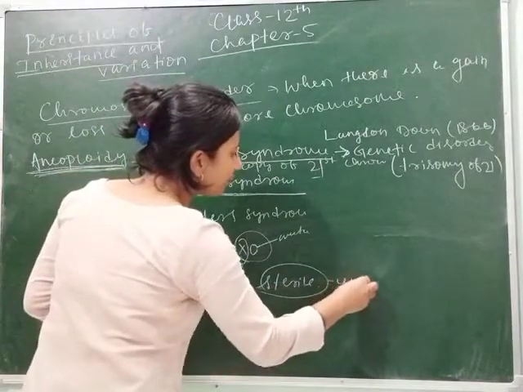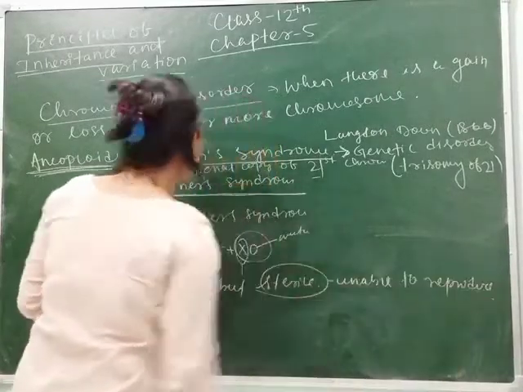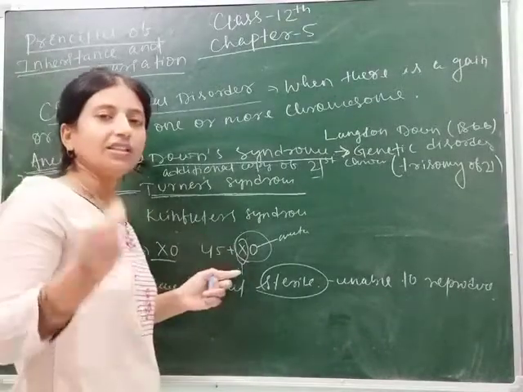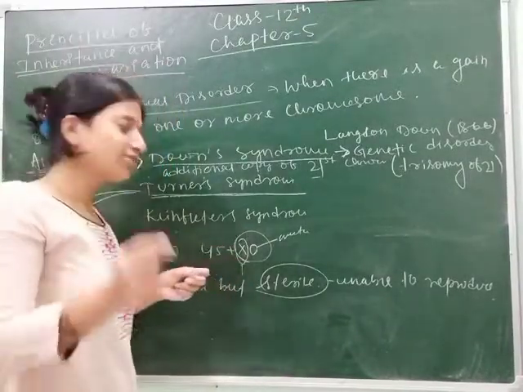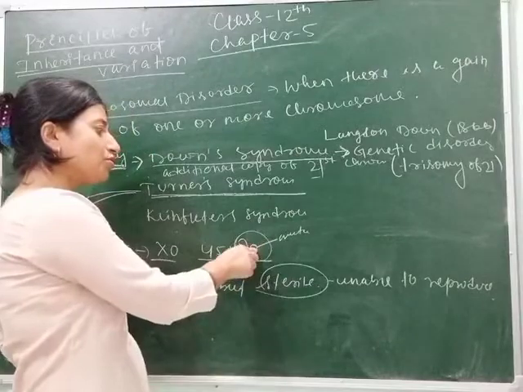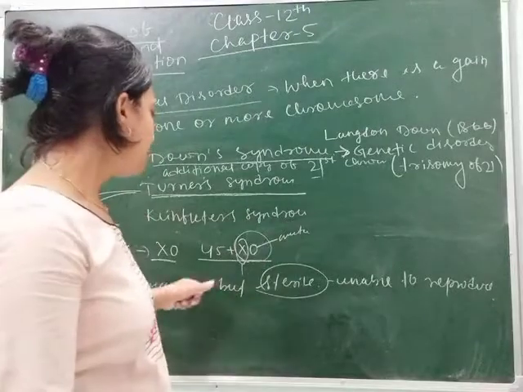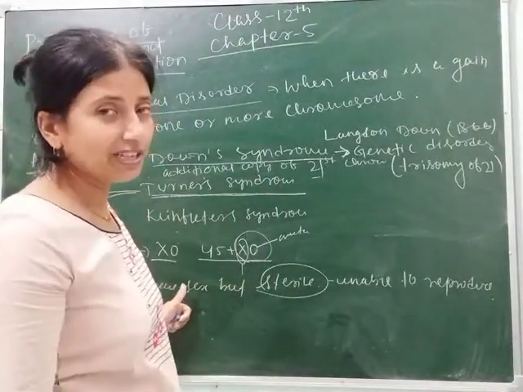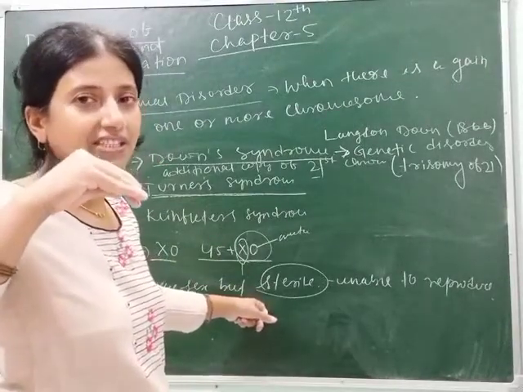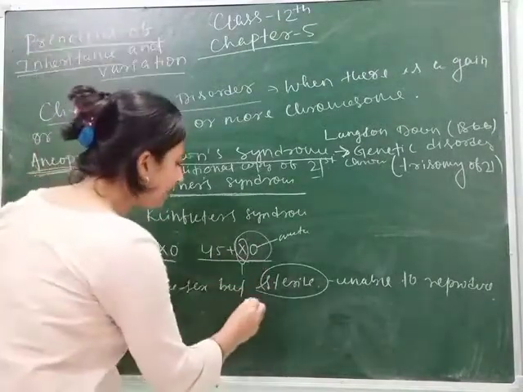Sterile means unable to reproduce. So how will you explain this Turner syndrome? In Turner syndrome, the person lacks one sex chromosome, and it is written as 45 plus XO, means one sex chromosome, either X or Y. So here, due to the lack of one sex chromosome, the person's sex can be said to be female, but that is sterile and of short height, and they show feminine development but have a rudimentary ovary.